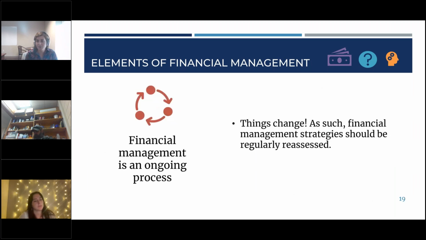And again, like I mentioned before, things change. The questions that you ask may stay the same, but the answers may change. So just understand that financial management is an ongoing process. It isn't something that you do once and set aside and say, we did it, we've managed our system. It is something that we recommend is done on a cyclical basis, depending on what your utility can do. What's sustainable for your utility? Is it addressing it every 6 months? Is it addressing it annually? That's really for y'all to decide based on the capacity that you have at your system.